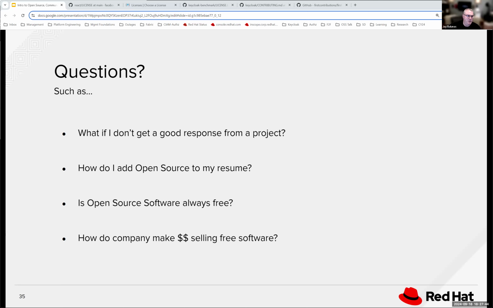One good one, just, well, I know we're a minute over, I think is about the resume. How do you get open source contributions as part of your resume? It's really just like any other experience. So in your resume, you could put active participant in React.js, with a link to React and, you know, five PRs accepted, what they were about, right? That type of thing, or dates or that type of stuff. But there are different ways to do it. Again, that might be something I'd be happy to help people walk through as well.